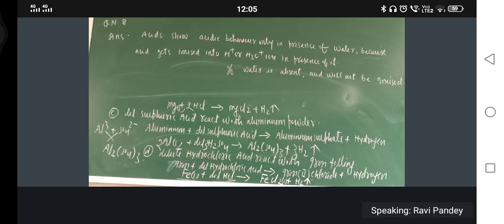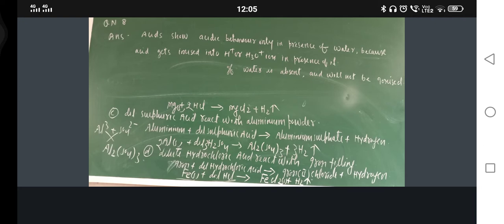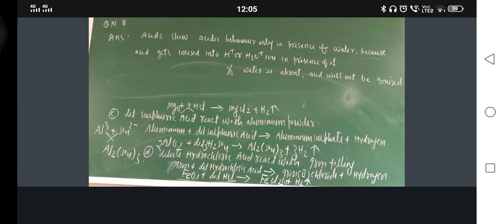Increasing order means, what is the meaning of increasing order? Increasing order means smallest to highest, that is increasing order. Smallest to highest. So we can do this one. Okay, so just see